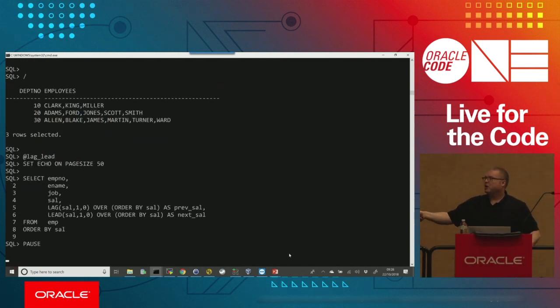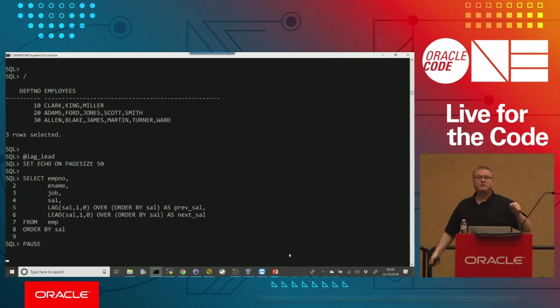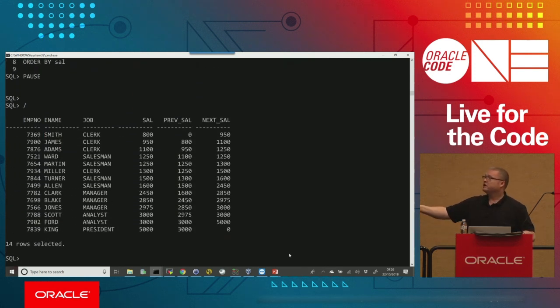What we've got is our raw data, salary again, but what I'm saying is give me the lag, look up the result set by one row. If there's no row there, give me back the default value of 0, order by salary. So I've got the result set, I've got my current row of data, but then I'm looking up one row to get the salary of the previous row. And lead looks down the result set and gives me the following row. So what we can see is that my salary is 800, previous salary doesn't exist because I'm the worst paid. The next salary is 950, and that's correct. I'm paid 950, previous salary is 800, next salary is